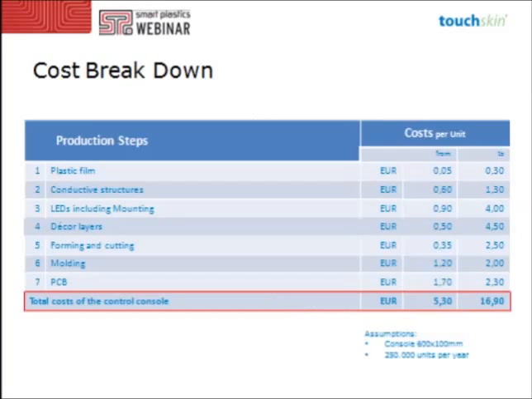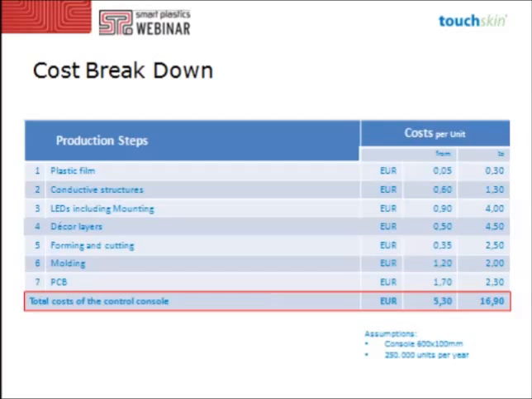So I just want to make a small cost breakdown, and it's very generic. It's nothing very special. It's just to see where we could end up with a concept like this. And you can see, first of all, there is a from-to, and this is a very, very wide range between €5.30 for the from and €16.90 for the to. So this is something which, of course, is just to give a hint and just to discuss